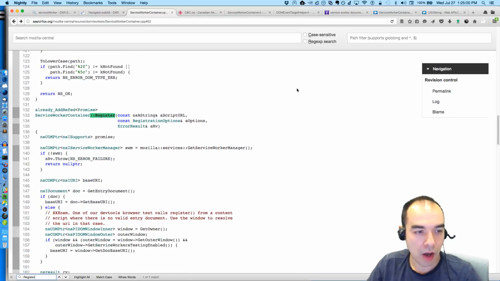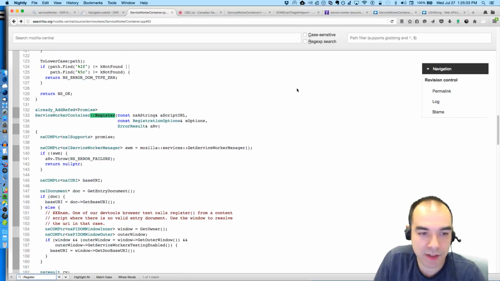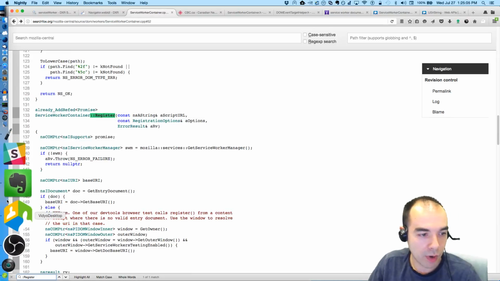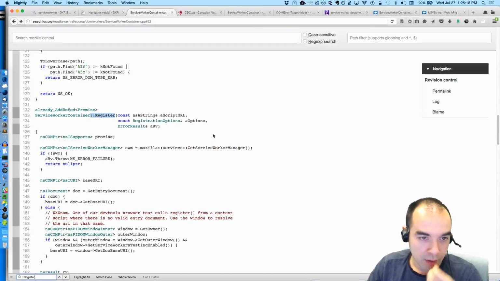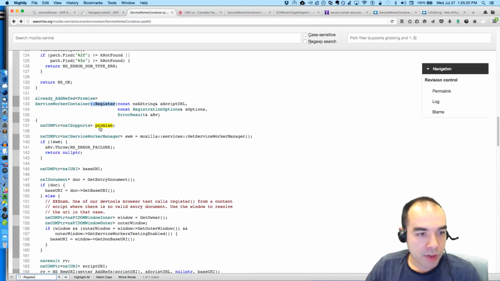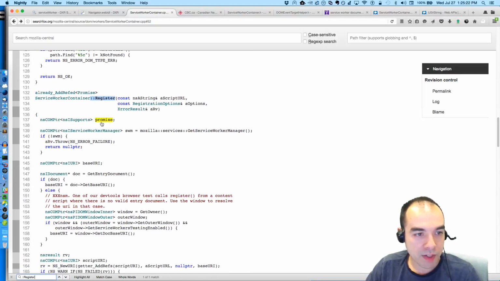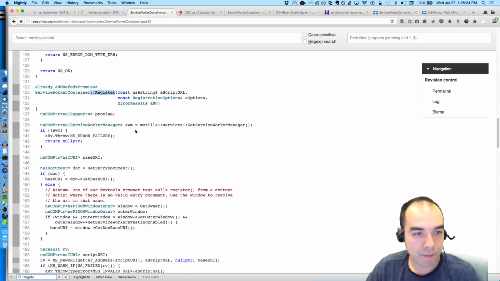Register. Okay. So now we're looking inside the register method, inside service worker controller dot register first. What's going on is first we create a smart pointer to a promise.